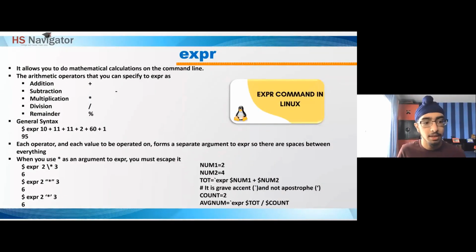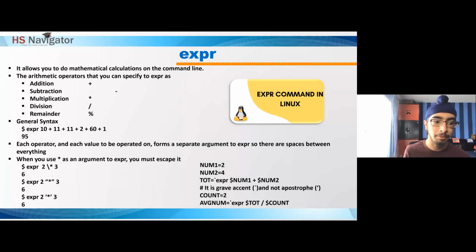So the next command that we're going to talk about that helps with basic shell programming is the expression command, the expr. What expr lets you do is mathematical calculations. You can't do 1 plus 1 on the command line and expect it to work. That's not how shell programming works. You have to actually use expr along with the plus, the minus, the star, the asterisk, the divide,